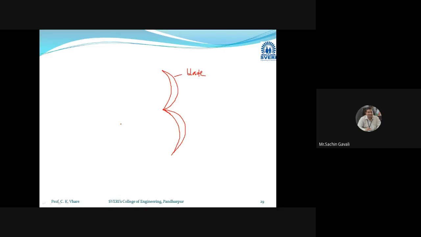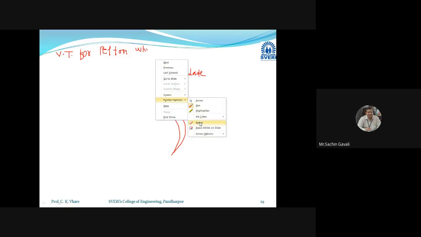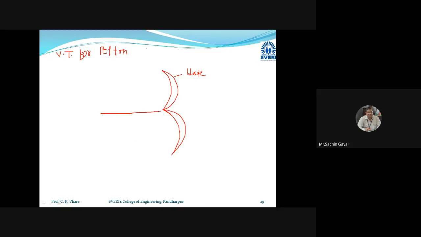Now, as the flow is tangential, I write the velocity triangle for Pelton wheel. In general, whatever the velocity triangle is, it is for the Pelton wheel. Now, here the flow is tangential. So this will be flowing in this direction, central direction, and then it will be split into this curve.